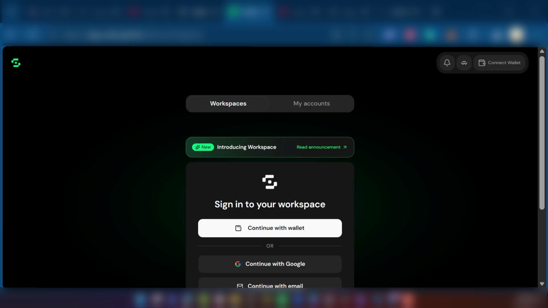What's up guys, in this tutorial we'll be guiding you on how to set up a safe multi-sig wallet. We're going to head over to app.safe.global and this is what you find. What you need to do is to go over to the top right corner, click on the connect wallet button